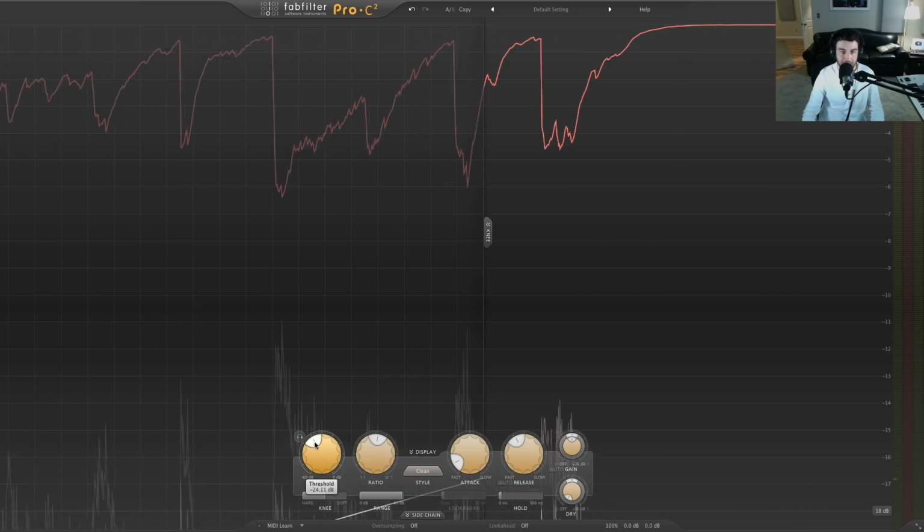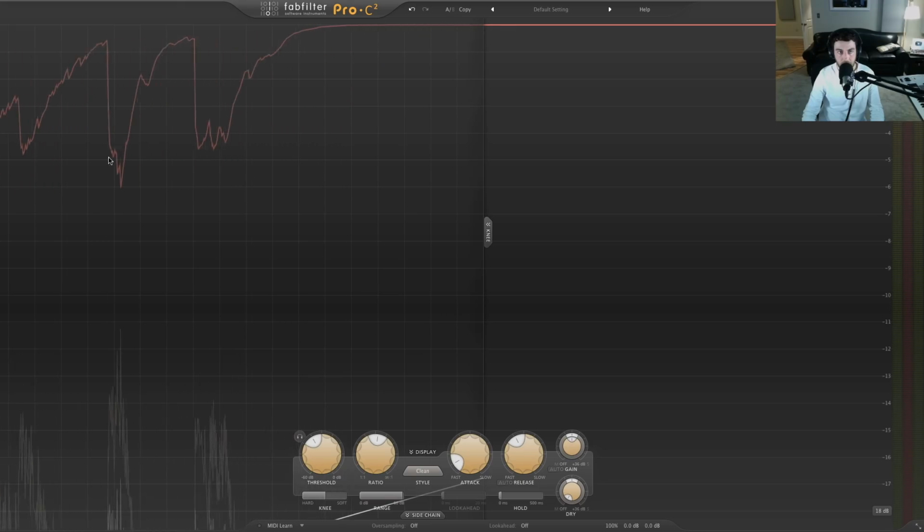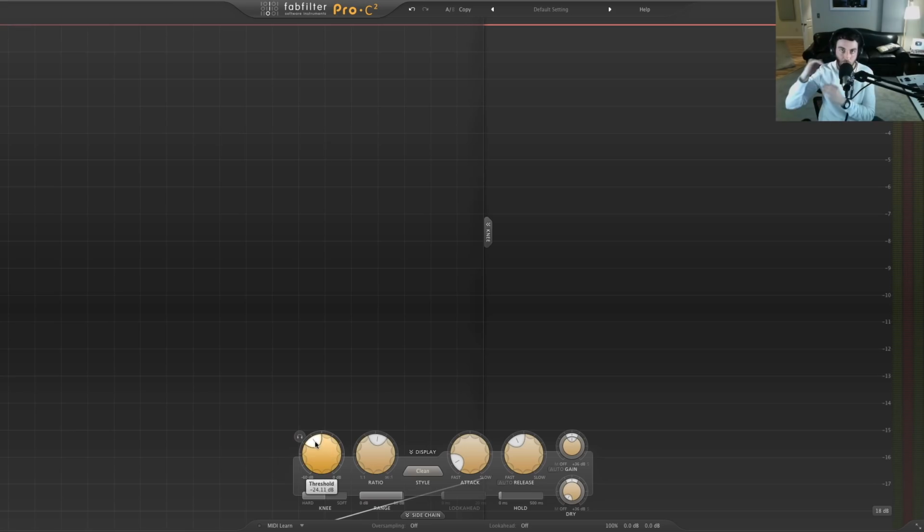So let's go ahead and dial that in. Okay, so you can see as I set the threshold, every time we were going over that threshold, you could see that gain reduction happening in proportion to how loud that point was. We're limiting the dynamic range. So we're taking those loudest points and we're reducing them and thereby making a more consistent dynamic and a more uniform audio signal. The attack and release, especially with something like a piano, we want to try to retain the